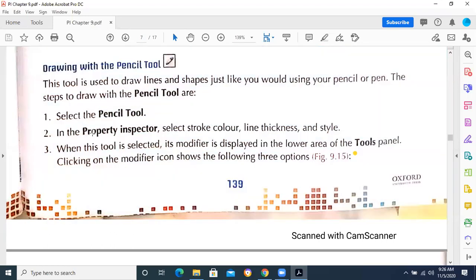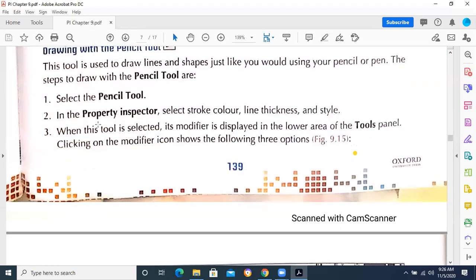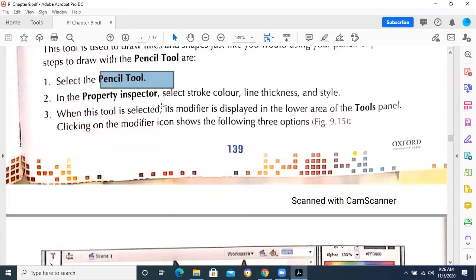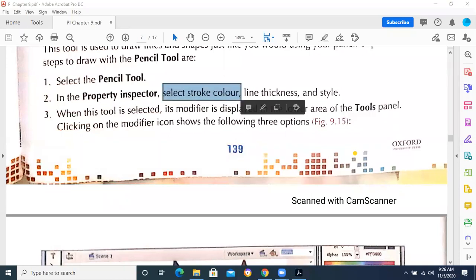Okay. So what are the different options that we are going to select? The pencil tool, of course, we will select this. Then in the property inspector, if you want to have the stroke, then select a color. Otherwise, select the red line. Remember, what does the red line do? If we select the red line in the stroke color, what happens? Raise the hand and let me know.